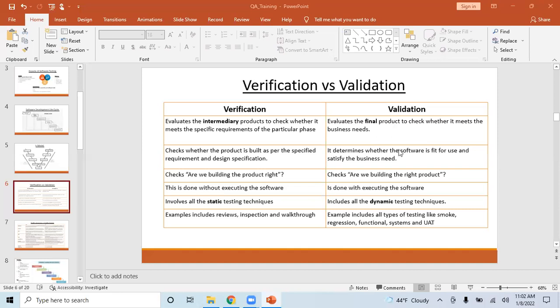So definitely QA will raise a bug and the developer will come again and fix it. But what if it was found in verification? You are saving so many hours of developers and so many hours of testers, because when you find a bug, it takes a lot of time for the tester to enter all the details in a bug report, and again he has to send it, so everything is a lot of hours, and the hours you spend are equal to the amount. So fixing a bug at validation is more costly than fixing a bug in verification.